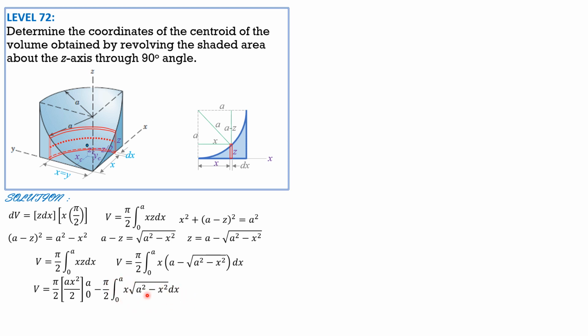Let u be square root of a squared minus x squared, or a squared minus x squared to the 1/2. Sorry, let u be a squared minus x squared. The differential is negative 2x dx. We already have x here, x dx. So we introduce 2. So this is pi a cubed over 4